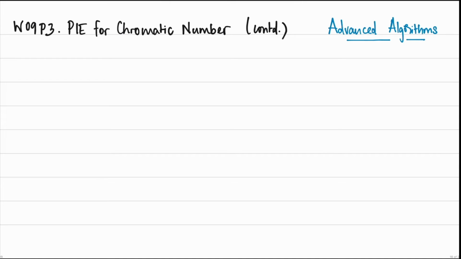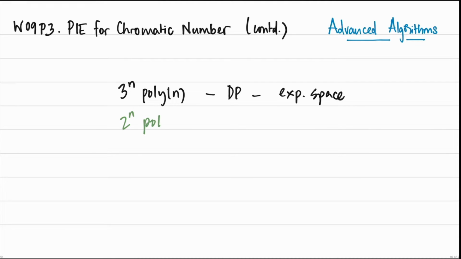Welcome back. In this video, we are going to continue our conversation about the chromatic number problem. Recall that where we left it last time, we had a 3 to the n algorithm that used dynamic programming and required exponential space. The first thing that we are going to see in this video is an improvement to 2 to the n in terms of the running time using the inclusion-exclusion formula, but we will continue to use